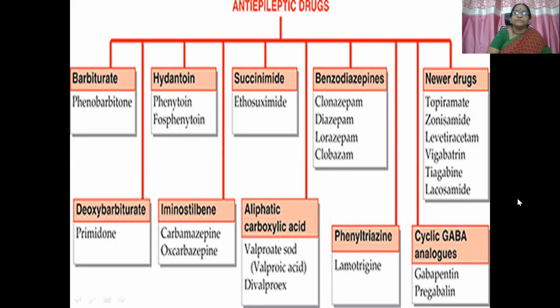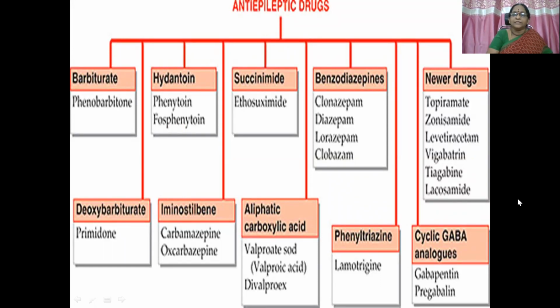So there are various groups of drugs, that is barbiturates, phenobarbital, hydantoin derivatives, that is phenytoin and fosphenytoin, succinimide group, that is ethosuximide, and then deoxybarbiturates, primidone, and the iminostilbenes, that is carbamazepine, oxcarbazepine, and aliphatic carboxylic acid derivatives, that is valproic acid, valproate sodium, and divalproex, and phenyltriazines, that is lamotrigine, and